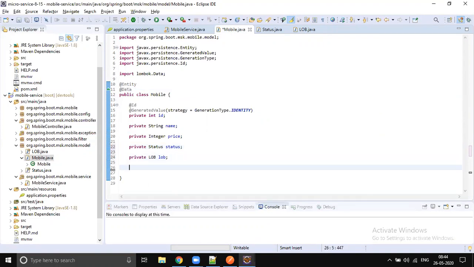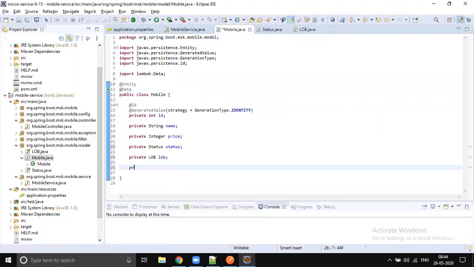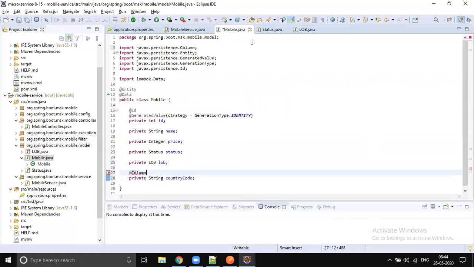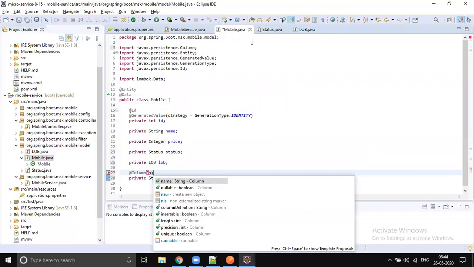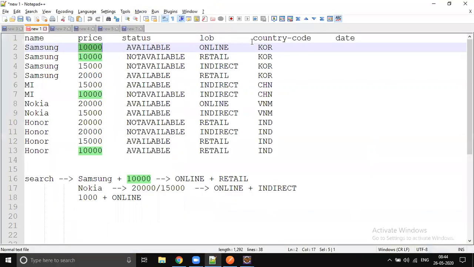Next, let's add some country code. Private String countryCode, right? And let's create this column differently in the database. When the column name and the property name are not matching, then we should use @Column, and this column is going to be country-code.